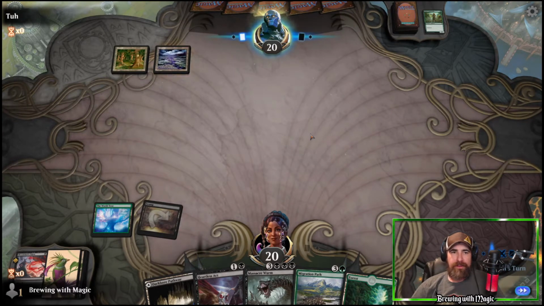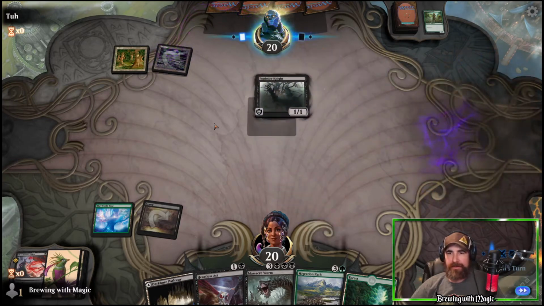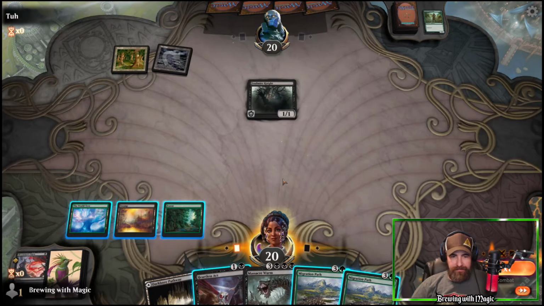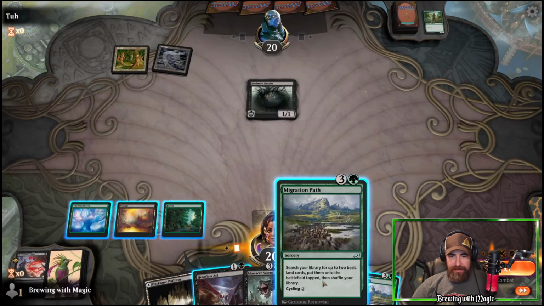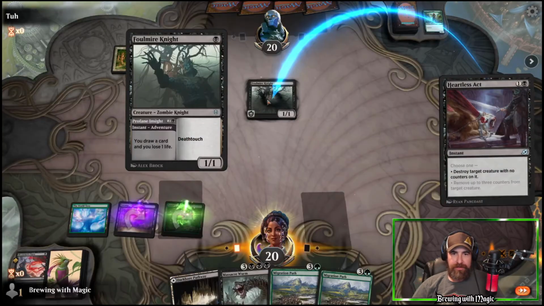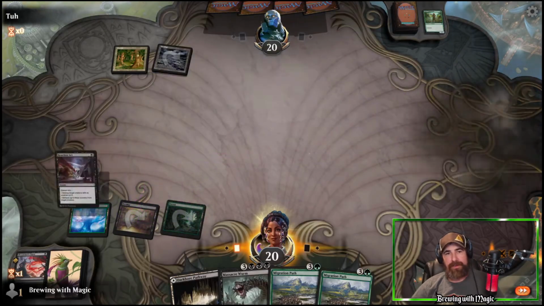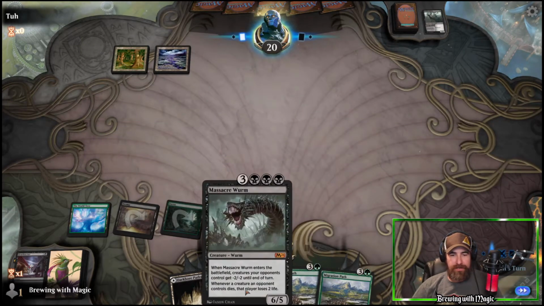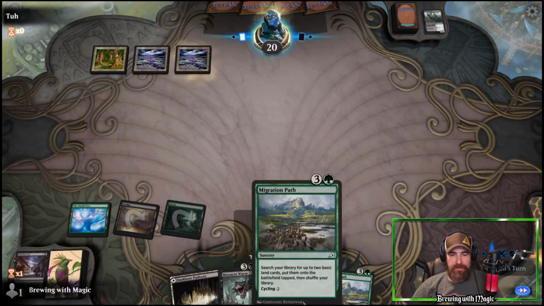They have put a lot of thought into throwing their Swamp, and now they are throwing a Foulmire Knight. Okay, well, we still can't use our ramp yet because they are both 4s, so let's just really set this guy off, and let's get rid of their next Deathtouch creature with the Heartless Act. Now we just gotta survive a turn, and then we can Massacre Worm a whole bunch of their creatures after we